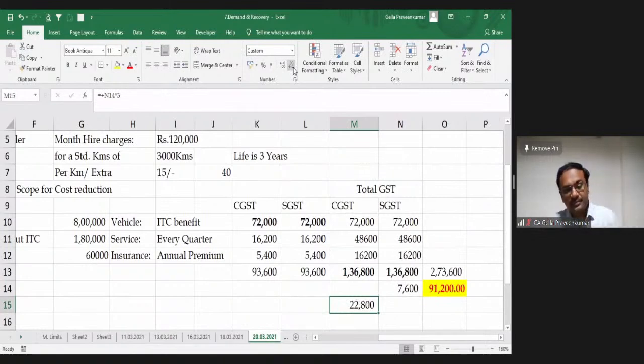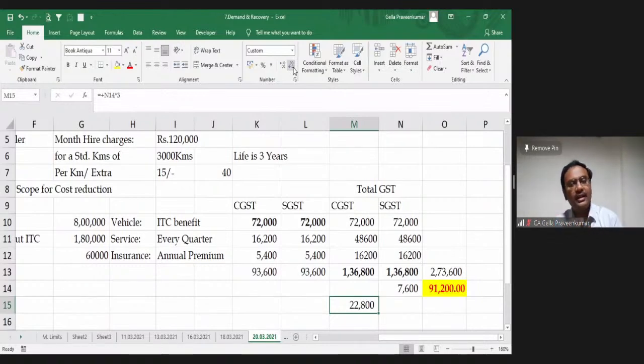So why are we talking about all these things? Anti-profiteering. My mantra, my secret of anti-profiteering has to be understood from this particular angle. One of the good provisions, how this is examined, I'll come to that a little later. But for you as a professional, when you get into practice, I would recommend you look at your client's business from this perspective. See what is the cost of taxation. See whether the assessee is registered under GST. If the assessee is registered, is he passing on the benefit of taxation to the recipient?